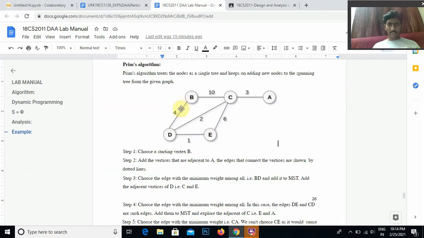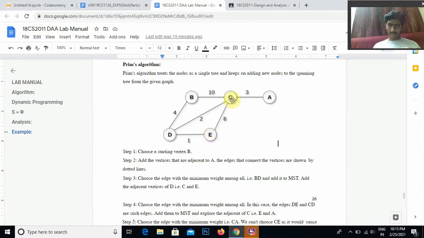So we have to keep a note of the visited vertices now. I have visited B, I have visited D, I have visited E, and then now I have to visit C and A with the minimum number of edges. All the vertices should be covered with the minimum number of edges. Now I have E. Consider E now. E has 2 connected, C and D. D is already selected. Now for E, let's take D and C. For D and C, which is minimum? This is already selected, and this is the only thing left here.